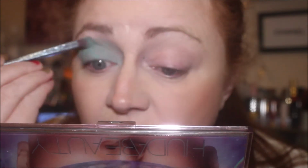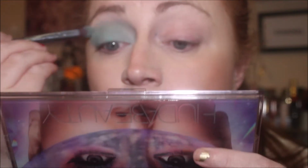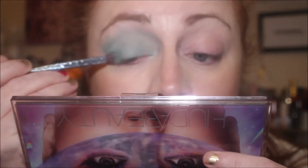And this mint green shade is a really nice mint green. This isn't the focus of the eye. The Stila